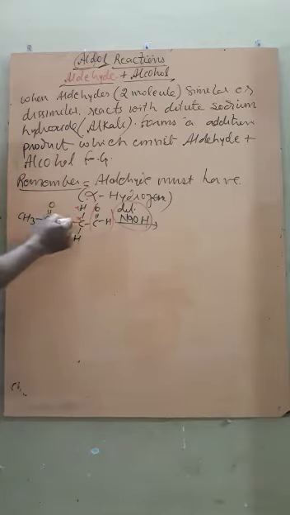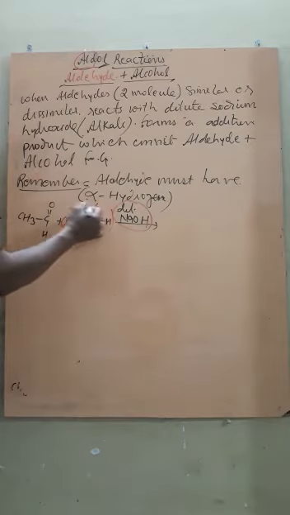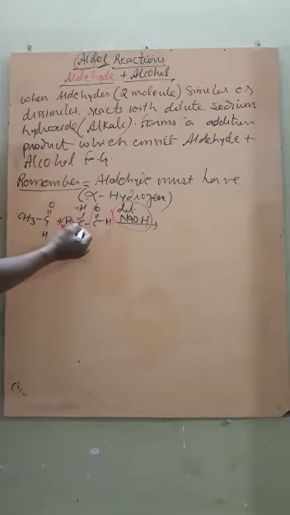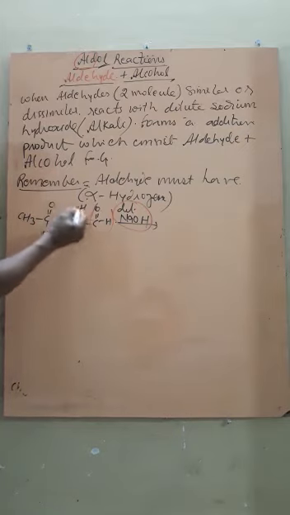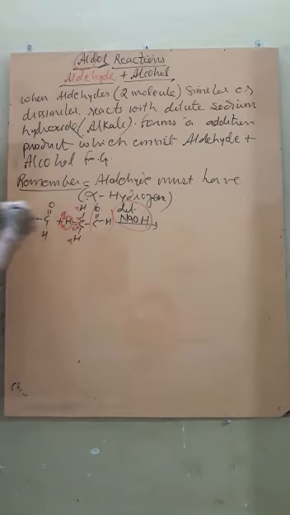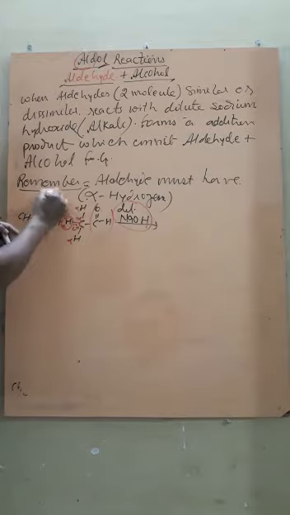Now how does the reaction take place? As you know, this alpha hydrogen is highly acidic in nature. Why? It is because there is C double bond O, that is carbonyl carbon, and the oxygen is highly electronegative. That means when it pulls electrons towards itself, electron deficiency develops in this carbon atom, due to which the releasing of H becomes very easy. And if the releasing of H becomes easier, the lone pair is given to carbon and H is released in the form of H cation. Again here in C double bond O, that is the first molecule, there is a more electronegative oxygen which already possesses a fractional negative charge.